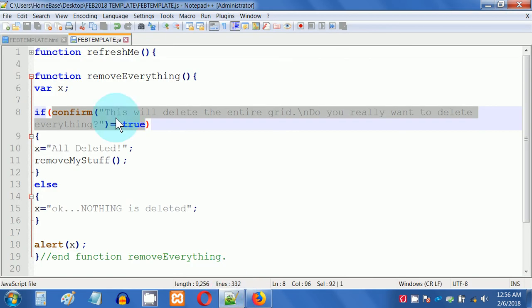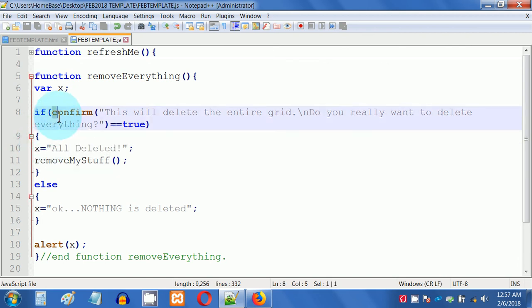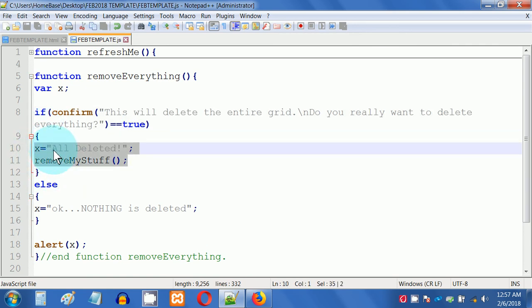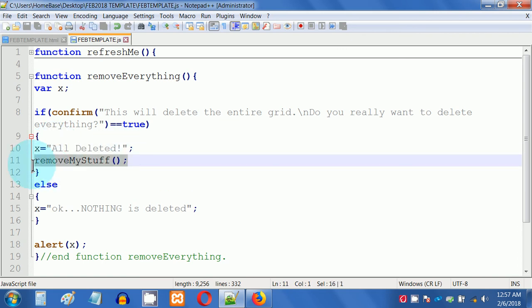So if they clicked the OK button, then these two lines are going to execute. We set x equals the string "all deleted,"